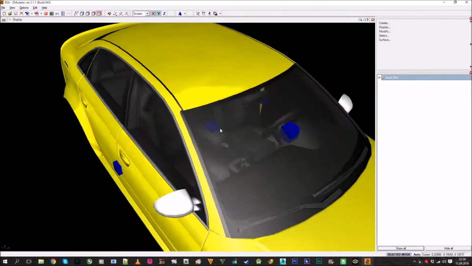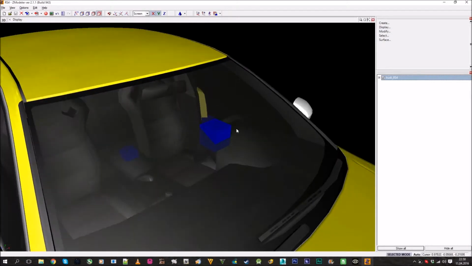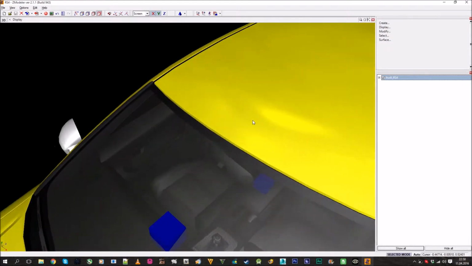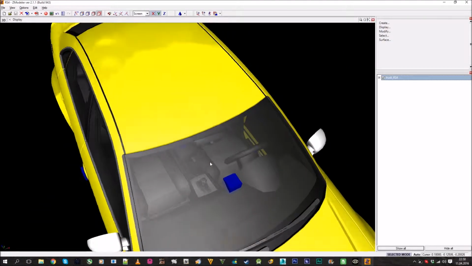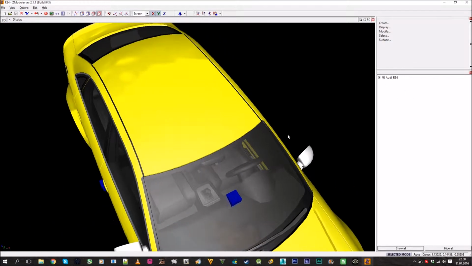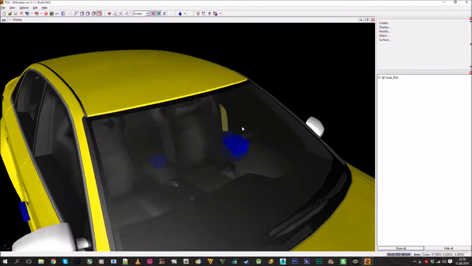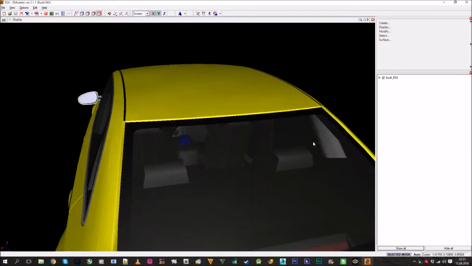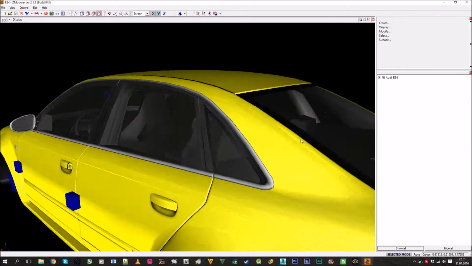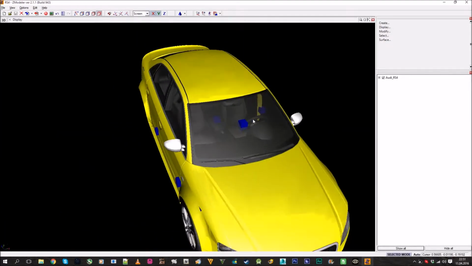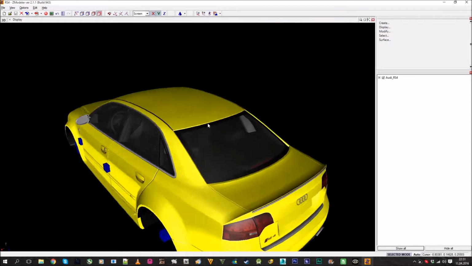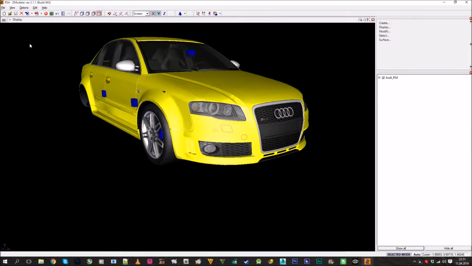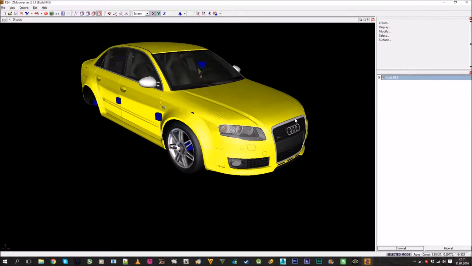Also you need to set UV channel 2 so you can see all parts through the glass. For example, now you don't see the driver door, but you see the passenger door. So in the game, if you wouldn't set UV channel 2, you would export and you couldn't see the door. Like here from the back window you can't see any of the doors. So you have to set UV channel 2 so you can see all parts from all sides. Once that's done, we can save, and let's finish up